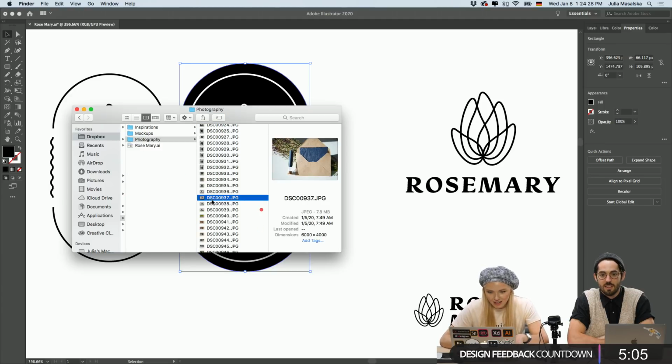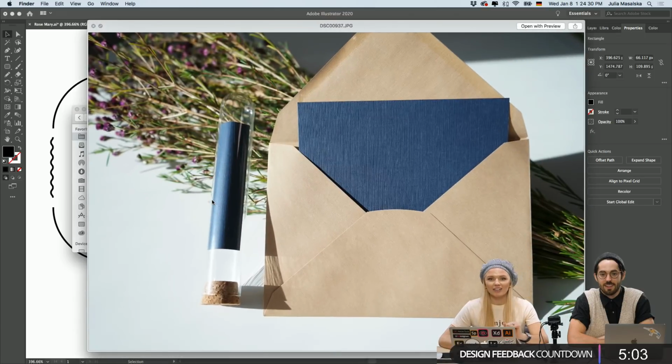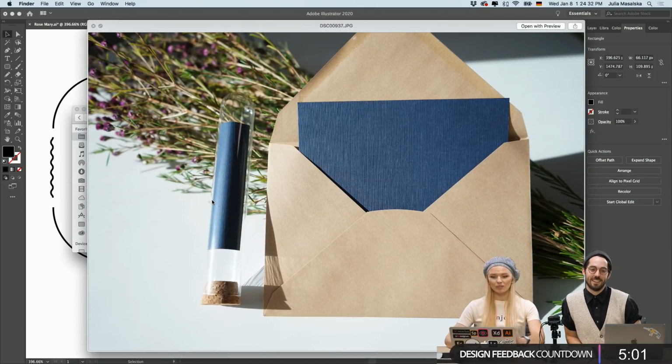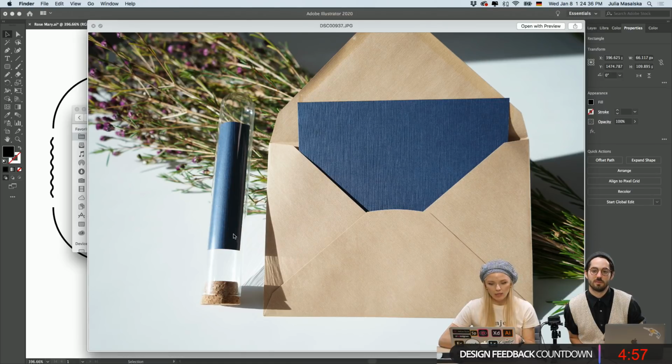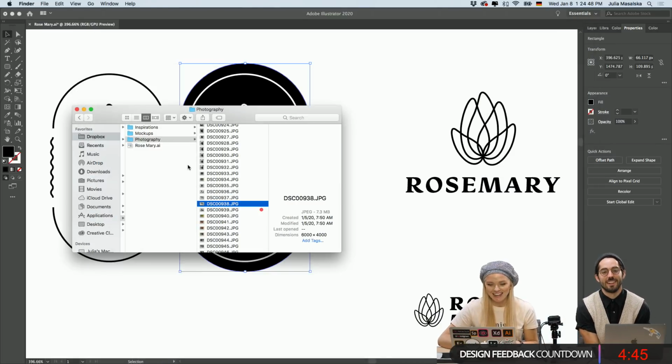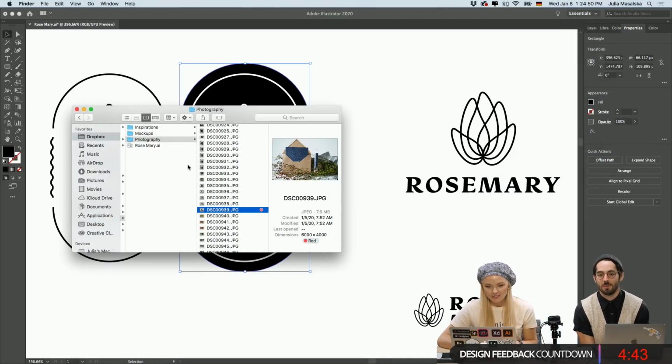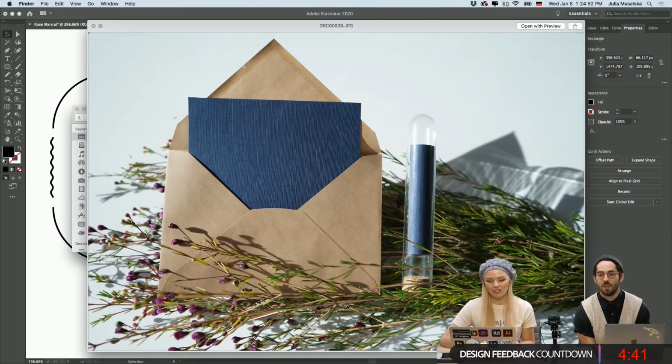Let's see. I have to find. Okay, we can go on to this one. Look at this. For example, this could be like a gift card that you're sending to somebody. This is supposed to be a packaging for the powder that they send to keep the flowers fresh. And there can be a little message inside, like a message in the bottle. So, it's the little things, the little details. The little details, yeah. That's wonderful. And that's rosemary in the background, right? That's not rosemary, actually. No? That's some kind of other plant, but it does look like rosemary a little bit.